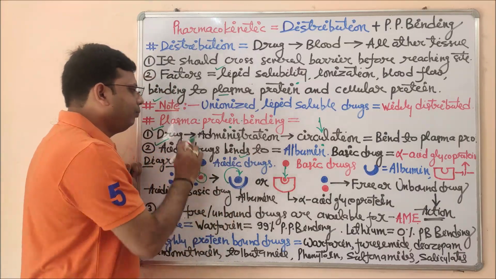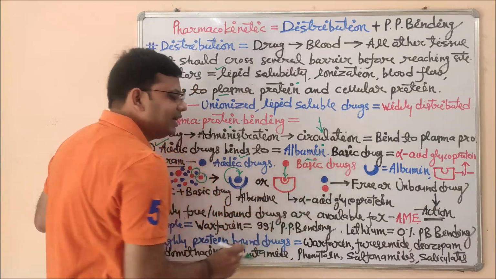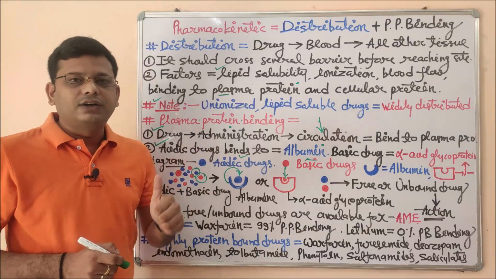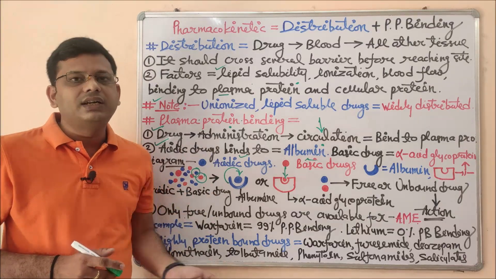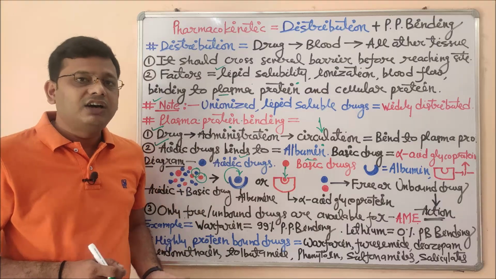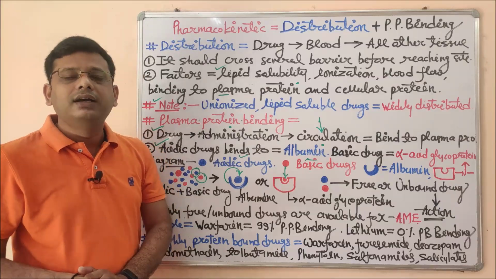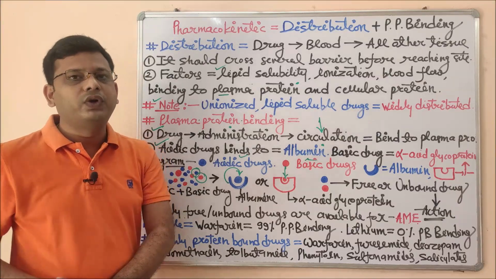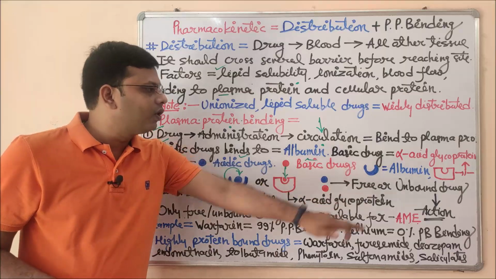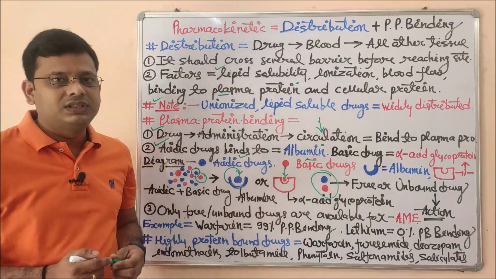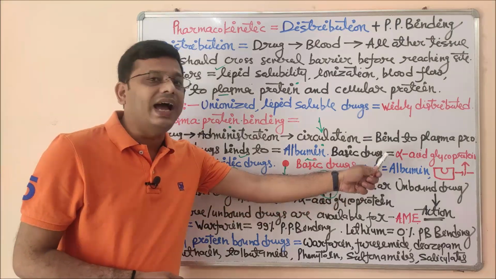This is acidic drug plasma protein binding, this is basic drug plasma protein binding, and there is one more possibility. Acidic drug takes its place in the respective binding site, basic drug takes its place in the respective binding site, and the third possibility is that a few drugs will remain unbound to the plasma protein. These are called free or unbound drug. This is our interest, this is the point of interest, I must say. These drugs are free for action.